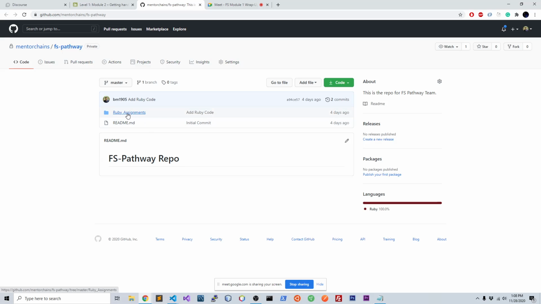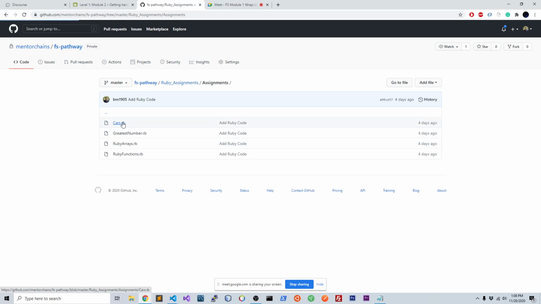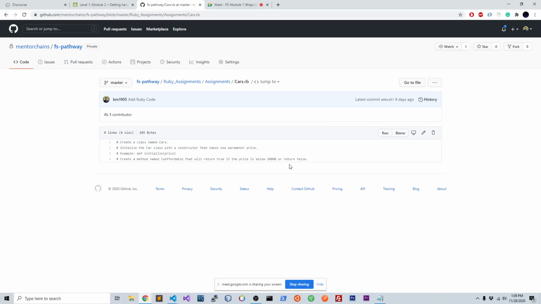If I go inside this folder, let me show you what is inside. This is basically about Ruby. It's not that complex, just simple assignments, and you can see 3 folders: assignments, solution, and test. Inside assignments there are 4 files. This is where you will be writing your code, and those codes are not that complex. It's just general syntax knowledge about Ruby. And over here you can find all the instructions. So just read those instructions and